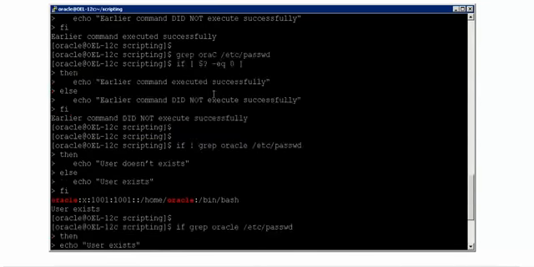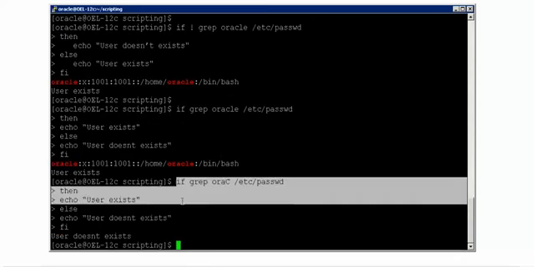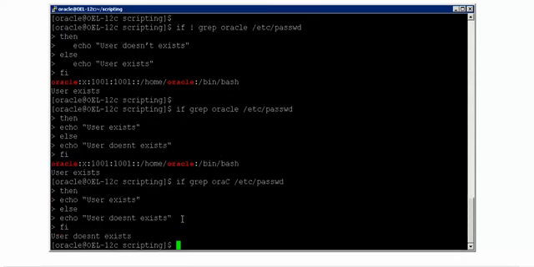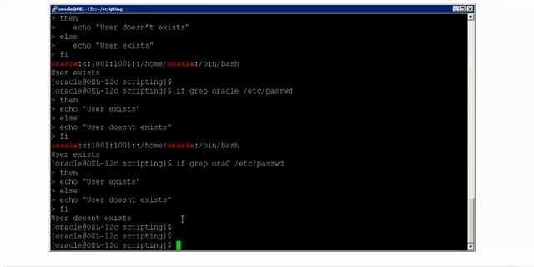So out of these two things, which one is the better way? This is the better way, because you are writing fewer lines of code and you are trying to optimize your scripting skills as well. But don't worry about being optimized in scripting right away from the first day. But make sure you are comfortable in scripting, though scripting can be done for the same job in 10 lines and also in 5 lines.